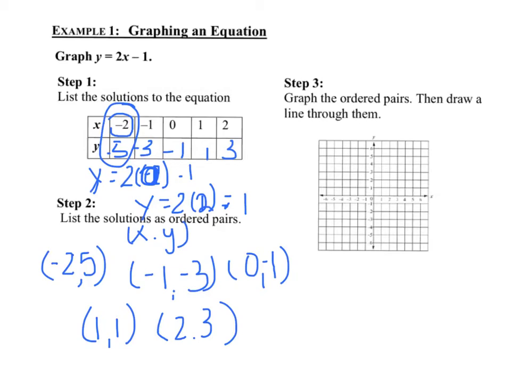I have negative 2, negative 5. Negative 1, negative, oops, I don't think I did that right. All right, let's try that again. I have negative 2, negative 5, and I have negative 1, negative 3. It's hard for me to get these on the line. And then 0, 1, or 0, negative 1,